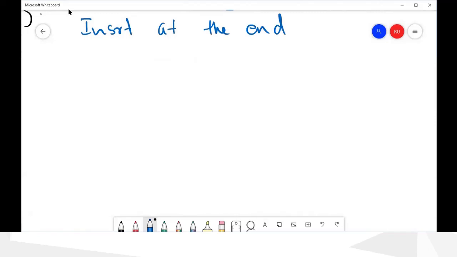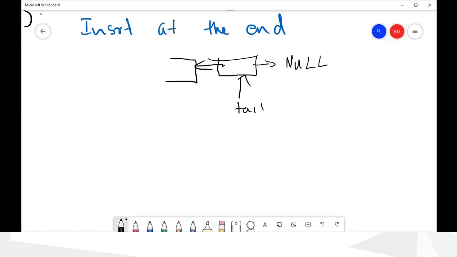Here also it is the same: we have to check whether the list is empty or not. If not, we will have something like this, and we will have the new node here.